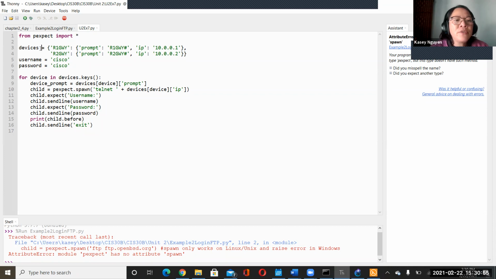And then we specify, and you can see a similar example in the textbook as well, a dictionary called devices, and it is a nested dict. In this dictionary we specify our routers, one dictionary for one router and another dictionary for the second router.